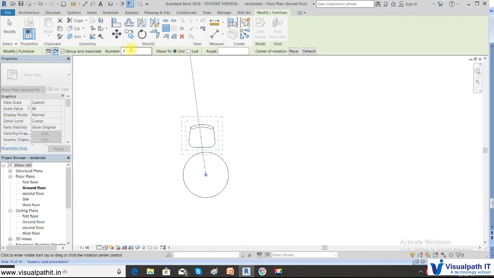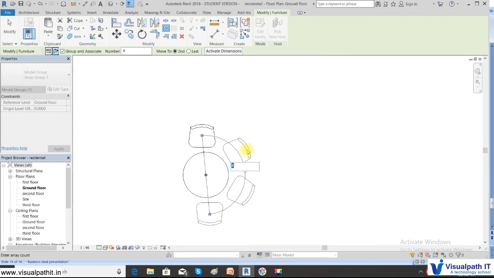Now I will arrange, say, 4 chairs. You have to select the starting point; mostly keep it straight. It is not perfect because we are learning the tool. Now I move this chair at an angle of 60 degrees. When I click, you can see the number is 4.